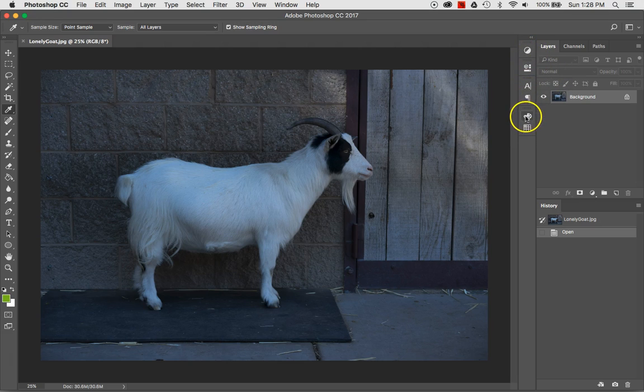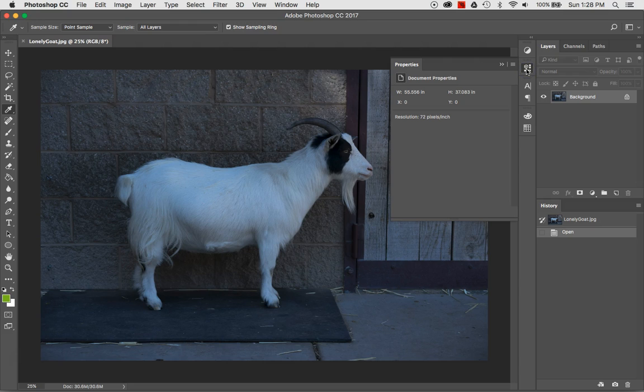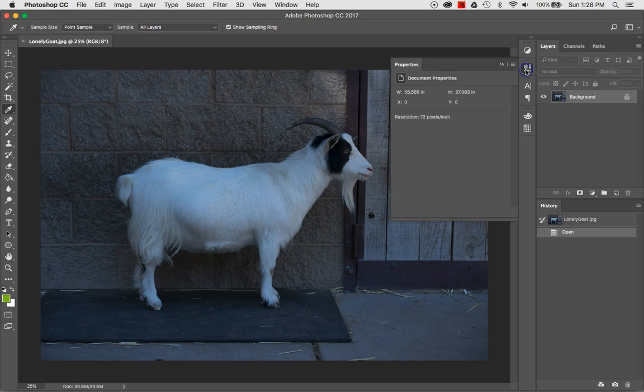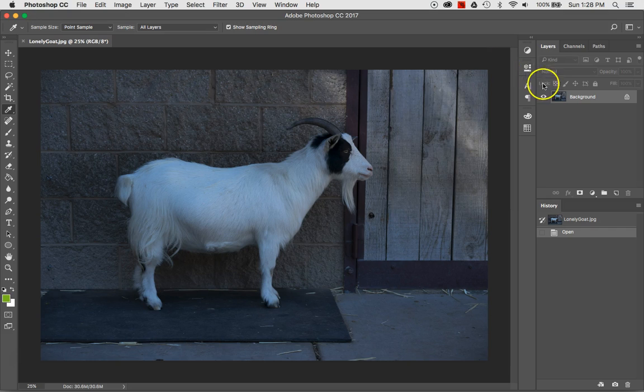Just to the left of my open panels here, I have a series of collapsed panels. This means that I have even more panels available to me that I can simply click on the icon for and see the window with all the information involved. If I want to recollapse it, I simply push that double arrow at the top bar and we'll go back